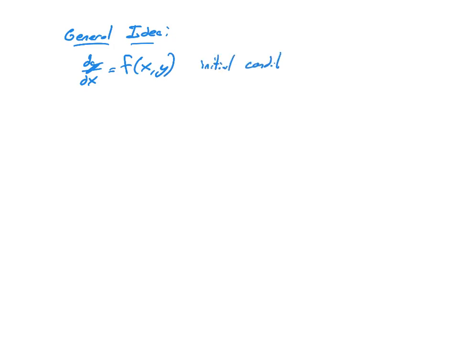All right, so let's generalize this mess. So here's the general idea. You have a differential equation, dy over dx. It's going to be some function of x and y. And you're going to have initial conditions that I will call, say, x naught, comma, y naught. Very bad with coming up with names, even in isolation. So what we're going to do, again, if you just think about this, we're going to have our point here that's going to be our x naught, and then we're going to have some y naught up here.